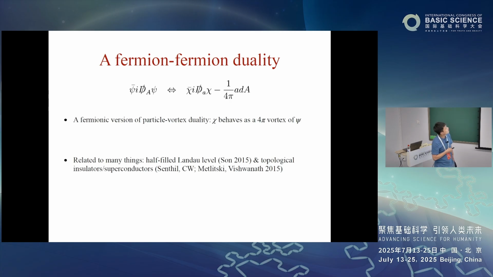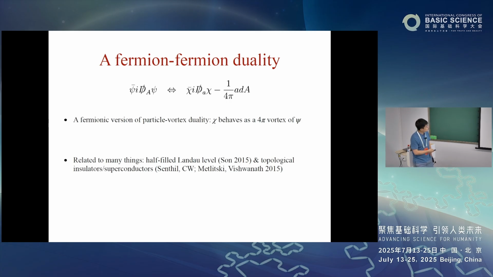because it's just a statement that a free Dirac fermion is dual to a Dirac fermion coupled to a U1 gauge field. That's it, nothing more, right? This equation looks short and nice, and it's very much the fermionic analog of the well-known boson vortex duality. Except now the particle is a fermion, and the vortex, which is the gauge charge, is also a Dirac fermion. If I ask you to write down the simplest possible quantum field theory in 2+1 dimensions, these are probably the simplest you can write down. And it's nice that they happen to be pretty much the same field theory.